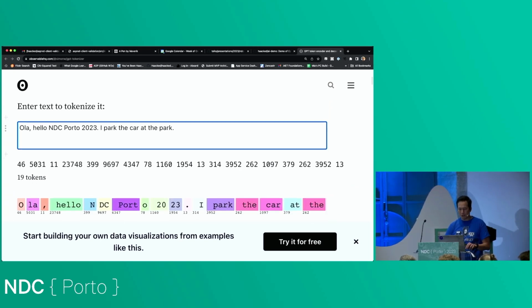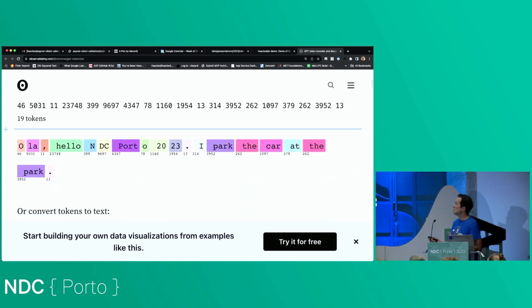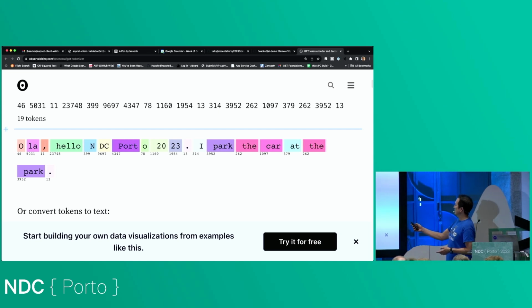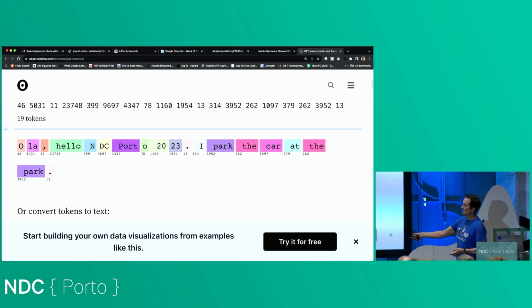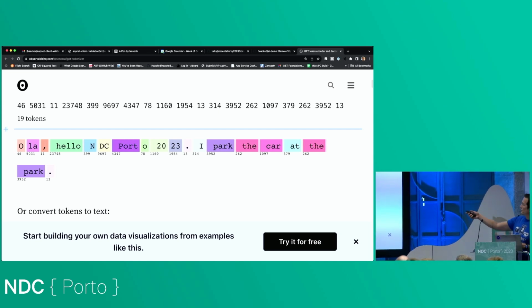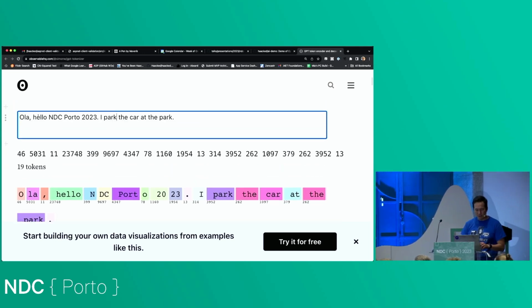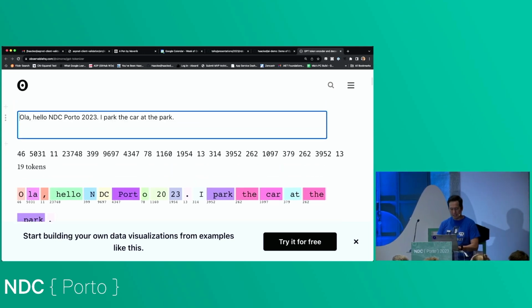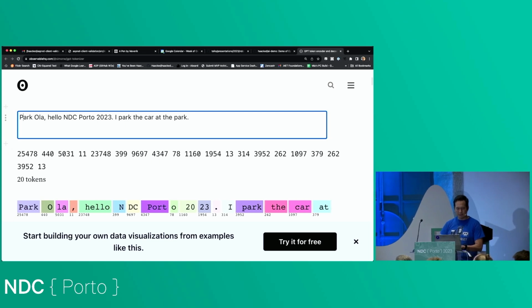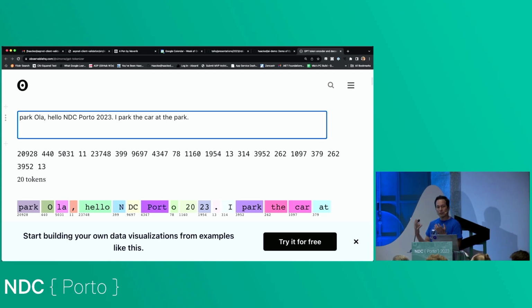At this stage, when we're tokenizing, we're not yet applying meaning to these words, because this park and this park have different meanings. The other thing you'll notice is that each of these tokens has a space in front of it, and if I started the sentence with park, it'd be a different token, whether it's capitalized, so 25478, or lowercase. That's how it tokenizes things, so that when it puts things together, it knows whether a word's in the middle of a sentence or not.